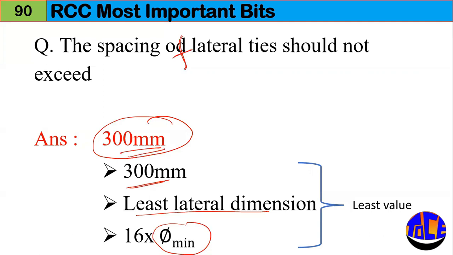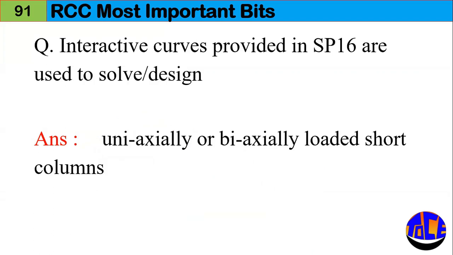In case the lateral dimension and the diameter are provided, you have to check through these three statements: 300 mm, the least lateral dimension, and 16 times the minimum diameter of longitudinal bars used in the column. The least of these three will be the maximum spacing of the lateral ties. Question number 91. Interaction curves provided in SP16 are used to solve